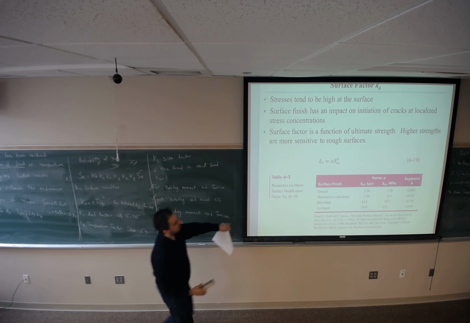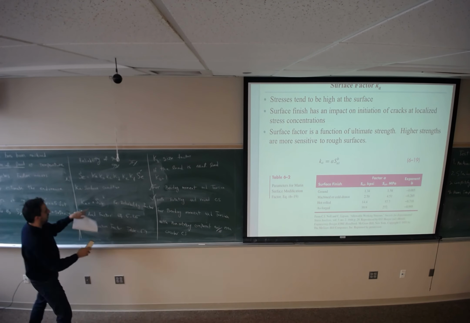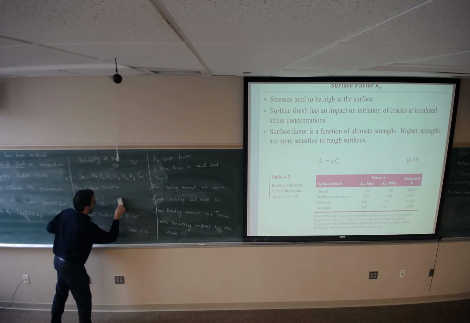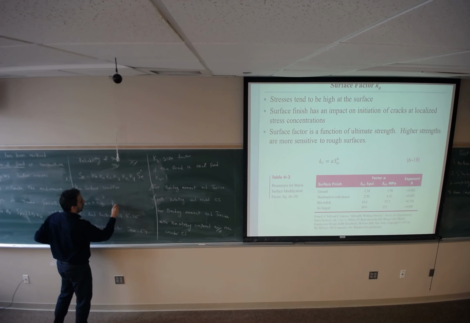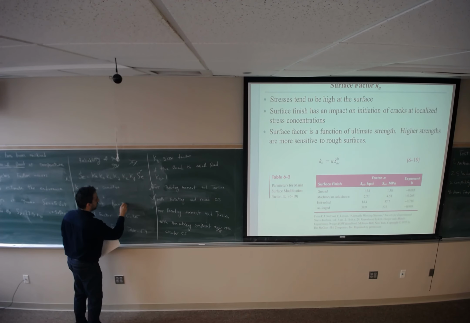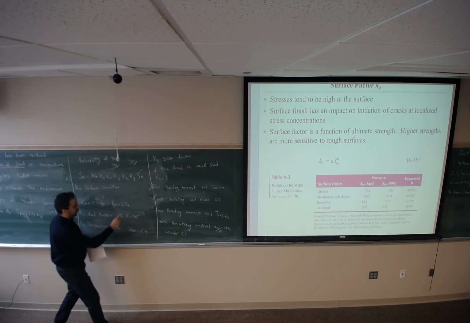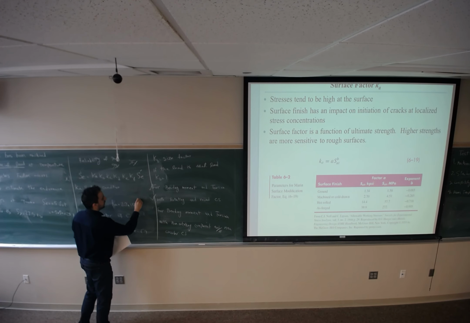So Ka is A times S ultimate to the power B right here. It's machined, so 2.7. I'm using kpsi, 50 kpsi, negative